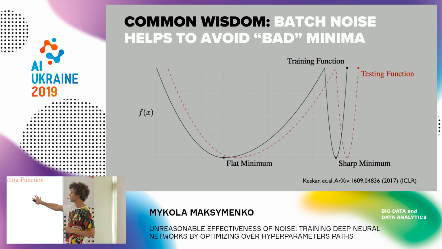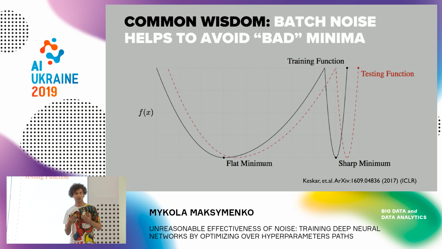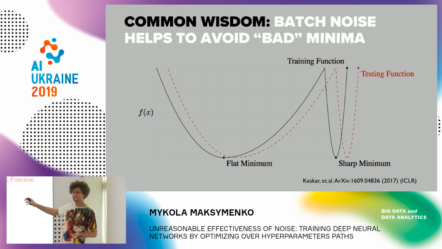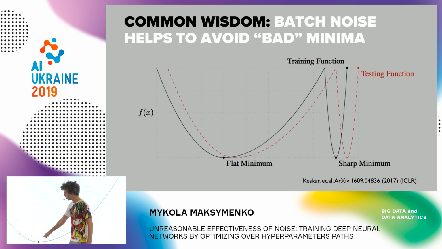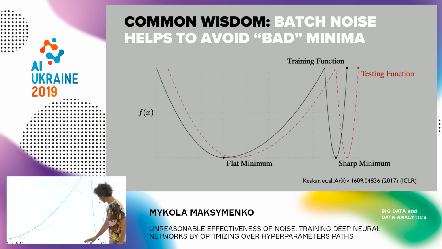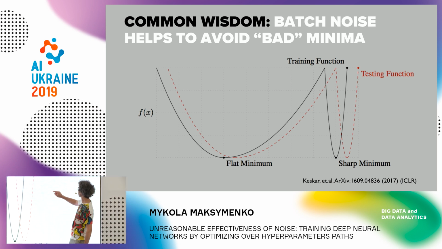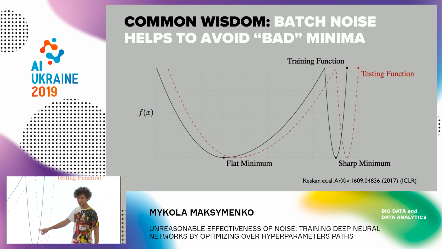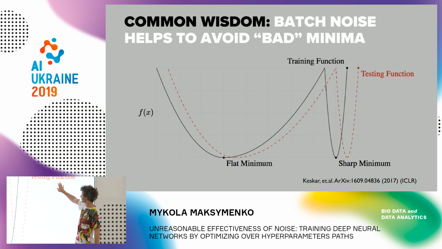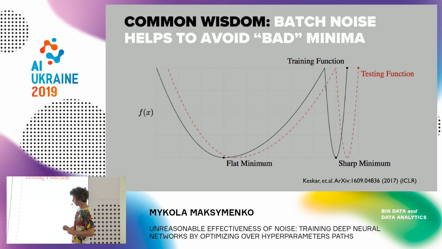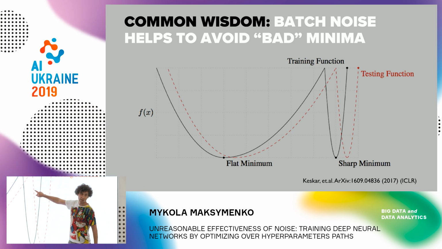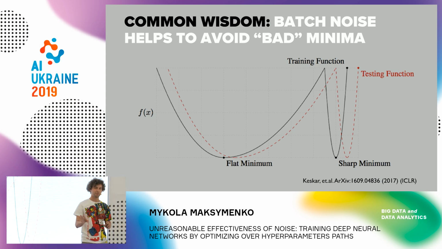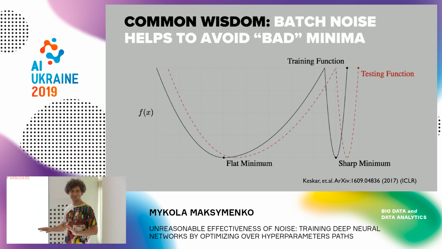So let me describe this thing. So why do we believe that we are trapped in the bad minima? So this is a nice picture, right? We have some sharp minima, and we have some flat minima. So generally, when we want generalization, we actually want to be trapped here. Because if we are trained here, this is your potential for training, but the actual potential for testing is somewhat shifted. So imagine you actually train here, so your test error will be much higher than here. So this is just a very basic argument why this should work, right?